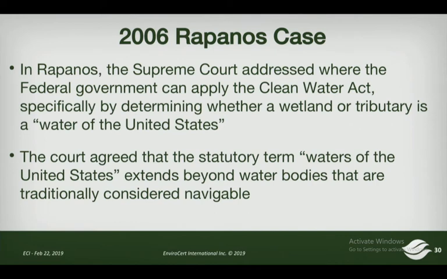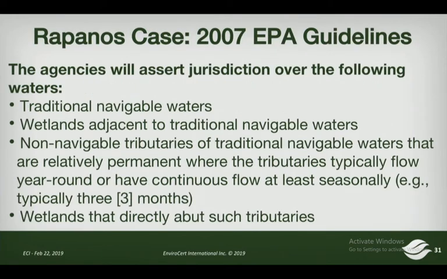are in their case, and remand it back down. The EPA takes these directions and starts establishing guidelines. And you'll see here on slide 31 where they're going to start asserting certain jurisdictions over traditional navigable waters and what that jurisdiction will be. Wetlands adjacent to these non-navigable areas, and wetlands that abut, which is the same list you saw a little bit